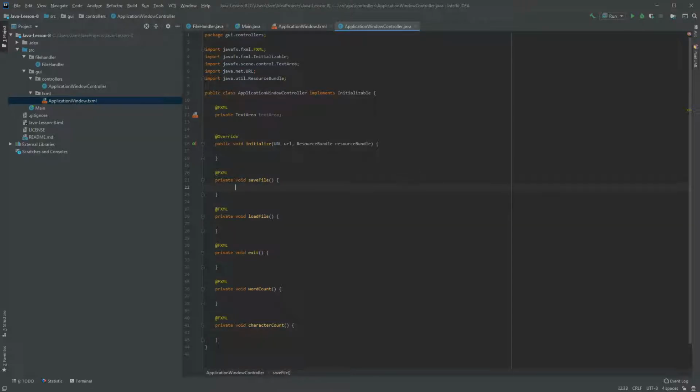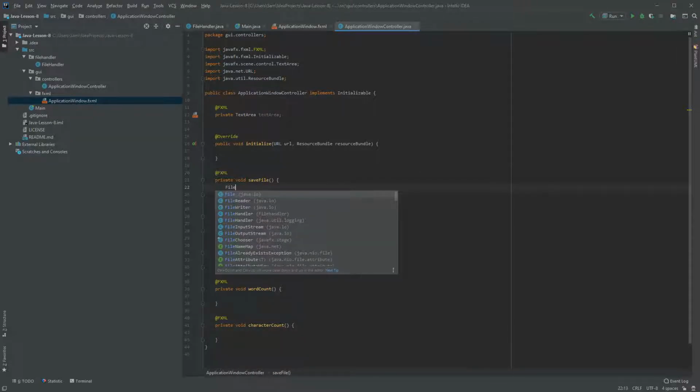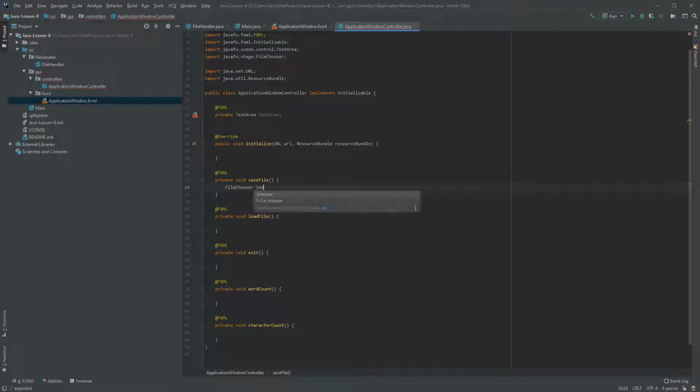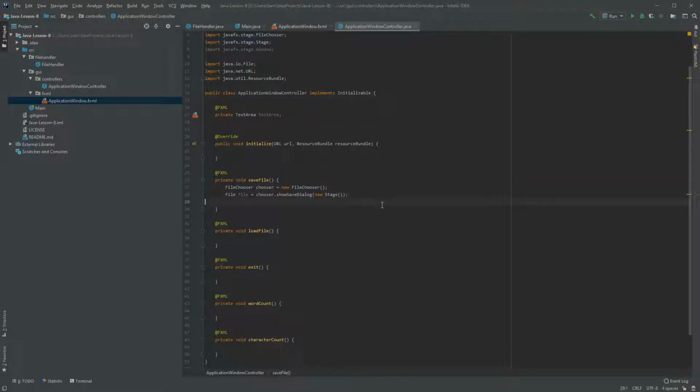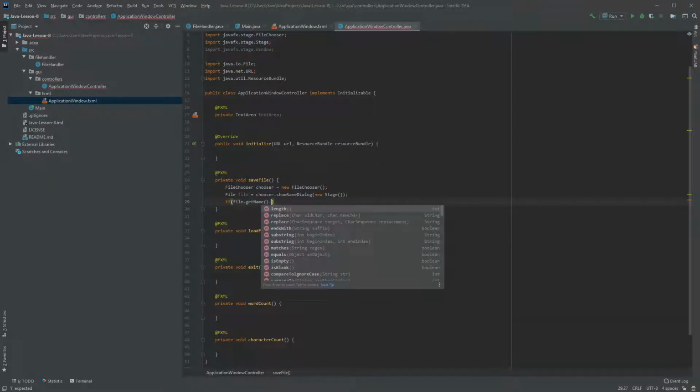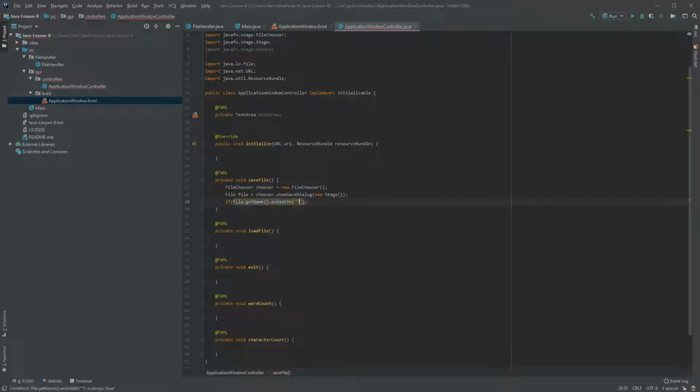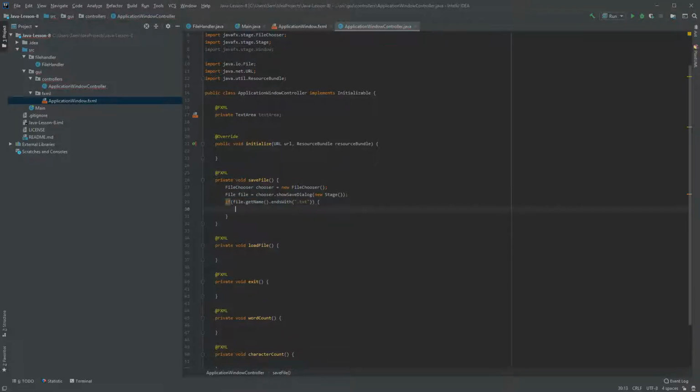So the first thing we're going to do is file saving and loading. So we want a file chooser. chooser is equal to new FileChooser. So not new window, what we'll do is new Stage. So we want to say file is equal to chooser.showSaveDialog, and that will then give us the file that we're actually working with. Then we want to say if file.getName().endsWith(".txt"), because that's the file extension we want to be working with, then it's good to continue. Otherwise,